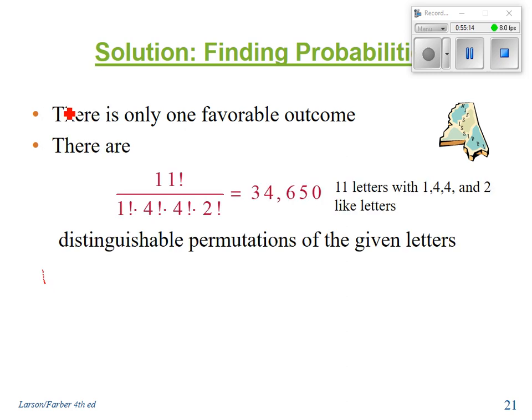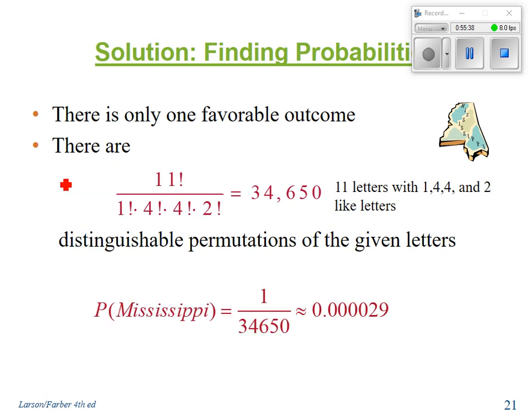39,916,000. So now we dealt with what here? Distinguishable permutations, right? Because just because we change this I and this I, is that gonna matter? No. So yeah, the other number's bigger. It'd be this number 30, the other number's huge, isn't it? Yeah, it's 39 million. So one out of that,